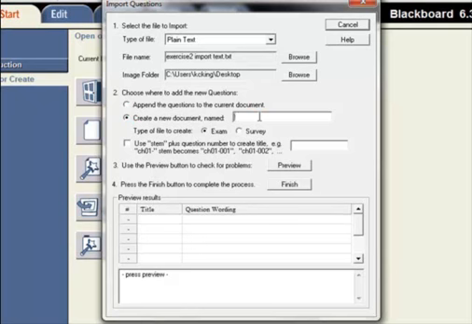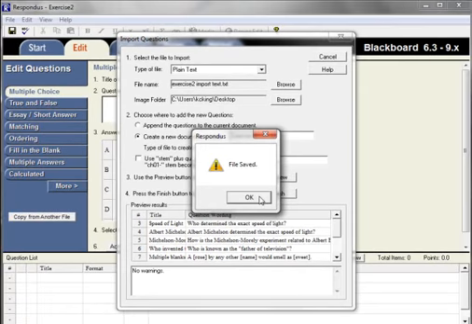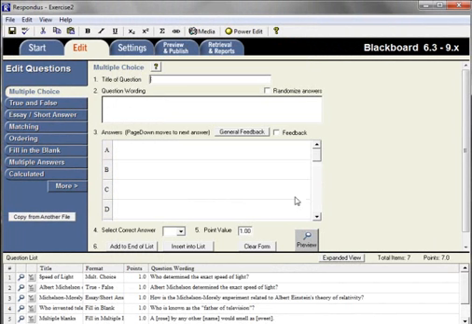and click Preview to see what it's going to look like. You can see it looks exactly the way we want it to. When I'm done, I'll click the Finish button and then the OK button, displaying that the file is saved. In Respondus, notice the Edit tab is selected, and you can see our question list has been successfully imported